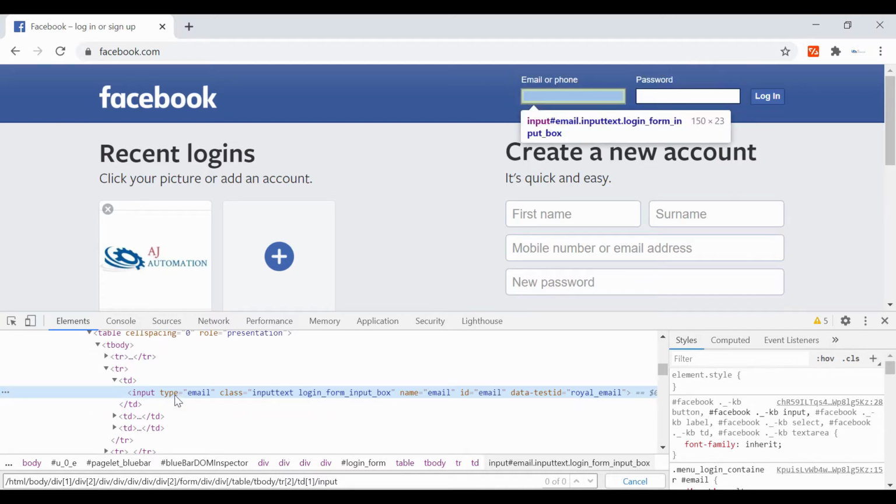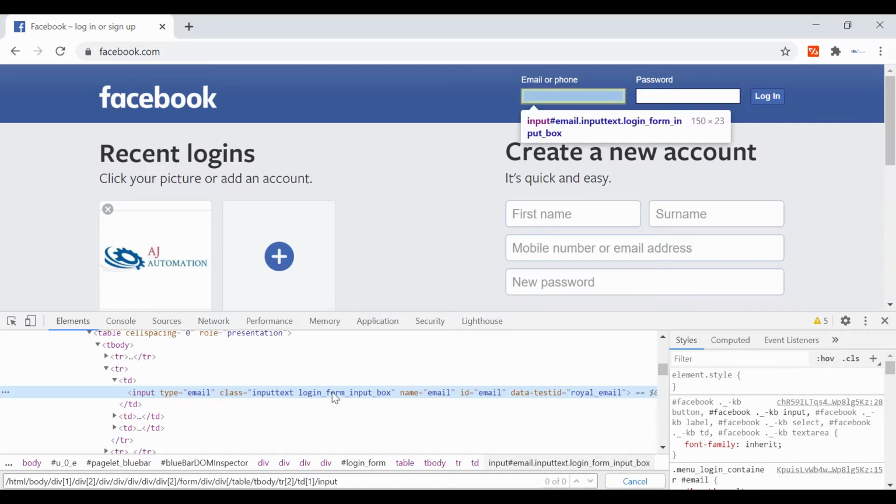Sometimes in real time you will not find more than one, or sometimes there will not be any attributes. Then you need to use different functions, which we are going to see after some time. But as of now, as we have several attributes available, you can use these to get to the desired element.